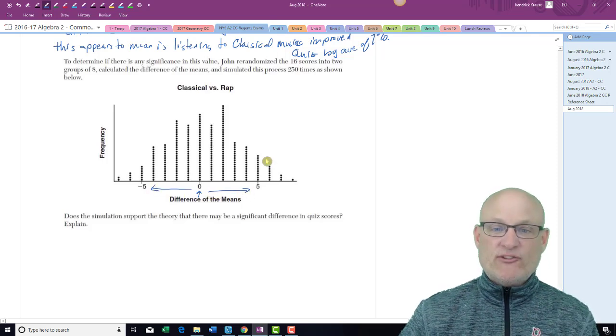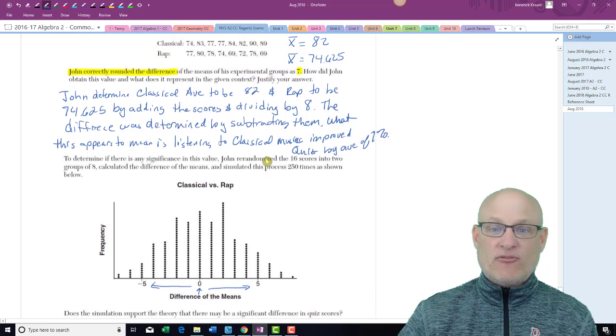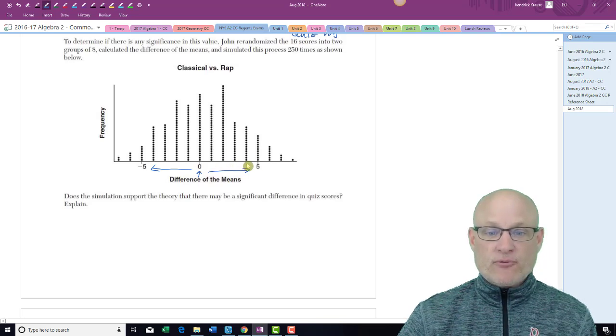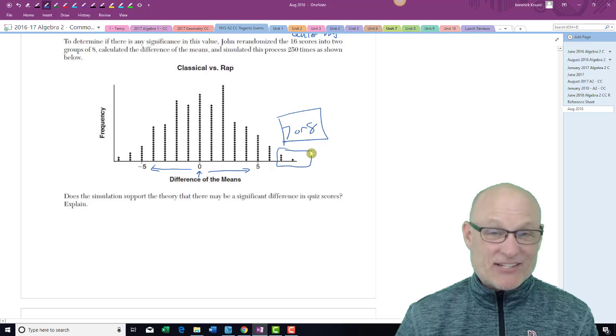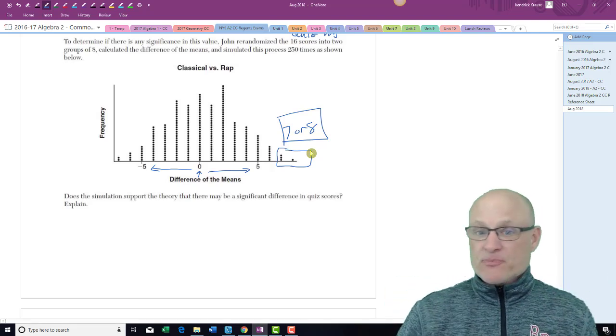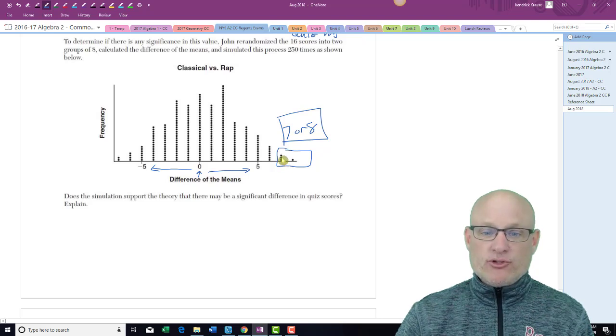So where would we see a difference of means of 7 or worse? Let's see. 1, 2, 3, 4, 5, 6. So here's 7 or 8. So we would only expect to see a score of 7 or worse or different how many times? Well, 1, 2, 3, 4 times